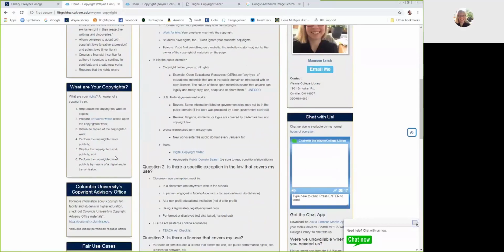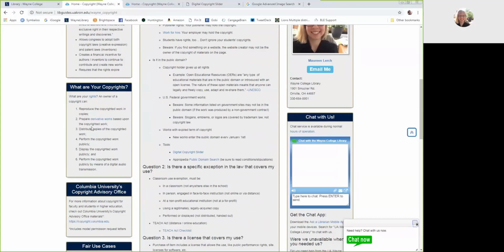Okay, so as a creator, as a writer, as somebody who creates content or makes things, if you're an artist, if you're a writer, if you're a singer, you have rights. If you're a student, you have rights of the content that you create. And here are your rights under copyright law. You have the right to reproduce your copyrighted work in copies. So you can write a play and you can make all the photocopies you want. Okay, so you can make copies of your own created works.